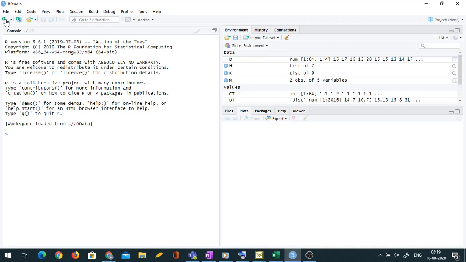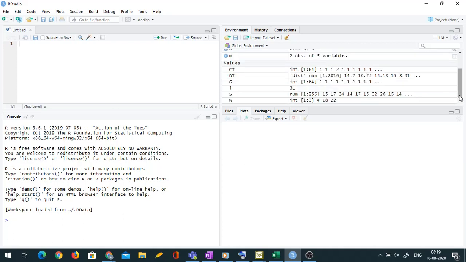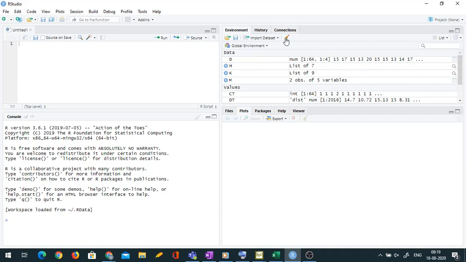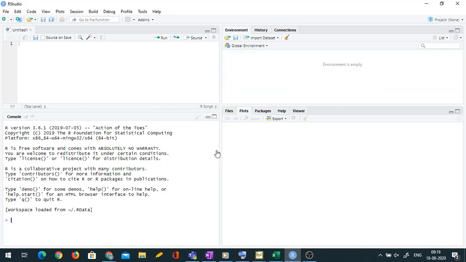Just like R, we would need an editor file. So I can go here and open a new R script. Sometimes what happens is your old saved files also get opened here when you open R Studio. In fact, you can see here, I have not yet done anything in my current session of R Studio. Still, I can see some data from the past. Hence, it's a good practice to clear the window at the beginning. You can see a broom here. It says clear objects from the workspace. If I click that, it asks me whether I'm sure that I want to remove everything. We'll say yes. So now I have four windows.